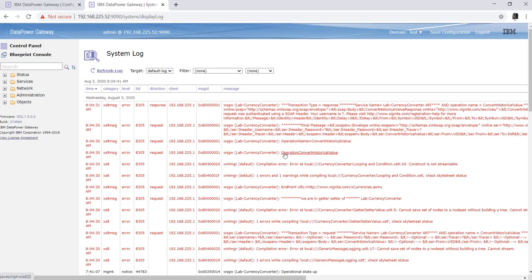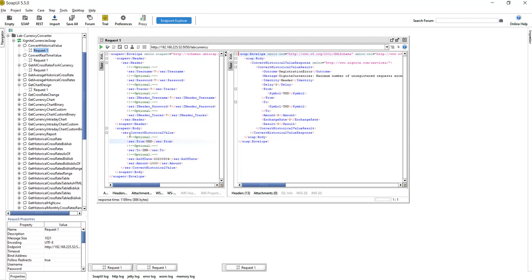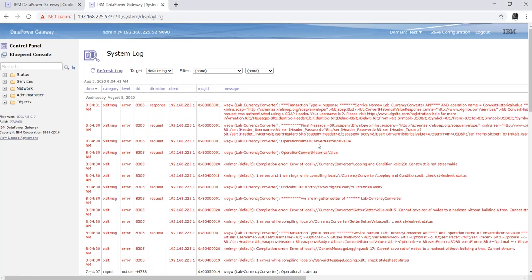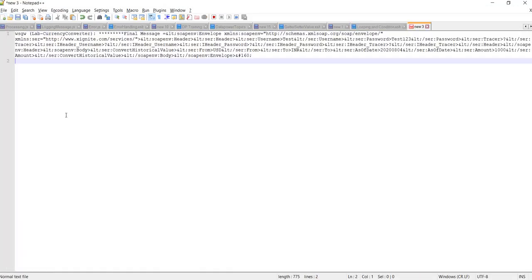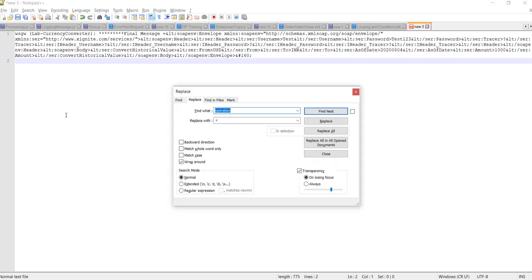Here we can see the operation name is convert historic value, the same operation name which you are passing here. After that we are constructing the message, so let's copy this to our notepad.